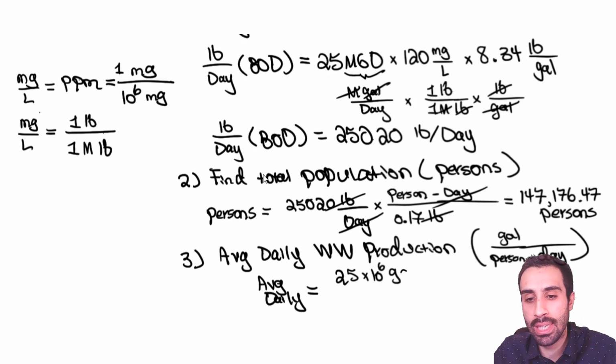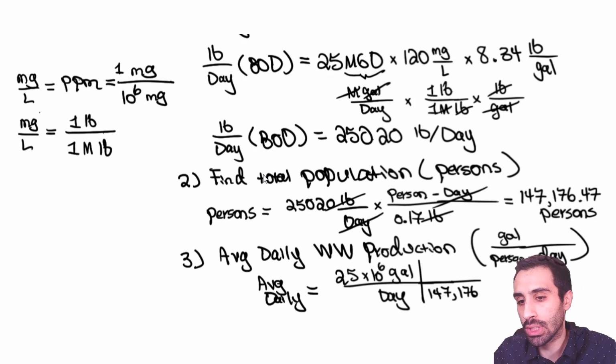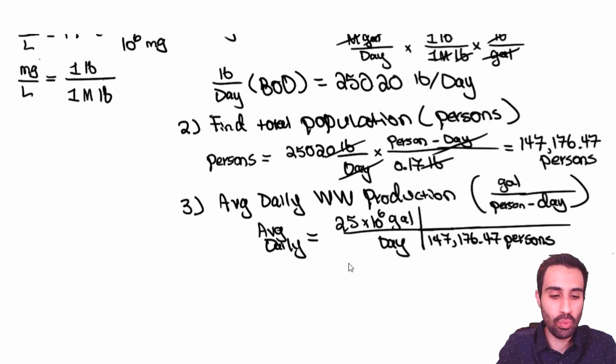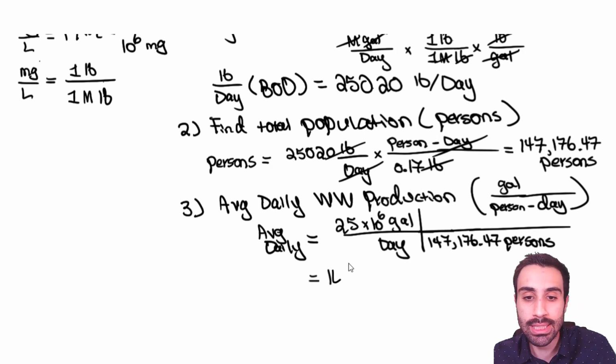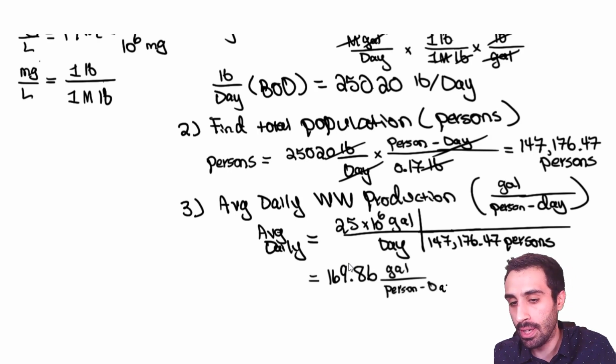And then that would give me gallons per day. Then just know you would do this and divide out by the total persons, which is 147,176.47 persons. Now doing our calculation, we take the 25e to the 6, and you take this divided by the 147.176. So doing that, we get about a value of 169.86 gallon per person. And then at the bottom, it's going to be per day. And that we would round up to about the 170